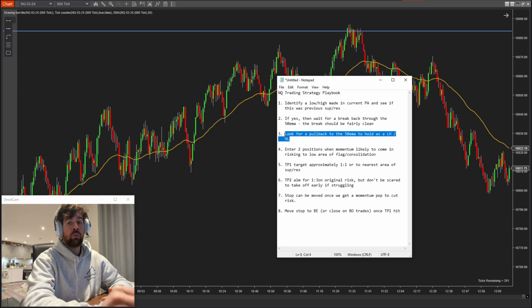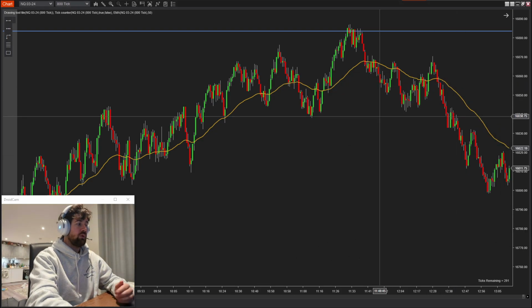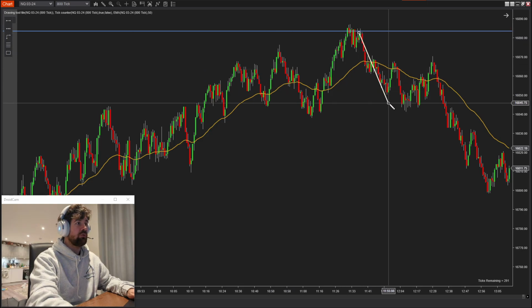And the reason I wait for this is I don't want to get into a trade and chase a high or chase a low for it to come back. And also when you get that pullback, like we have one here, so if we've rejected, we've sold off, and we have this pullback, and when it puts in that lower high